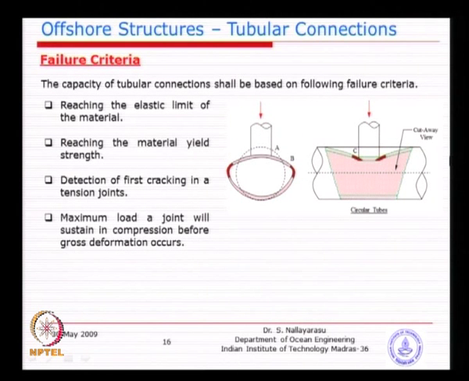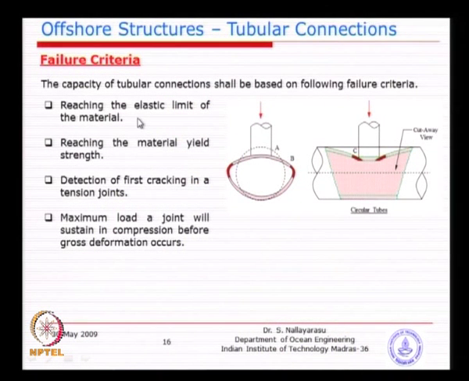So what will be the failure criteria? We do not want a situation where you have a local chord failure, something like this. You see here, this chord is not just a limited length, it is continuously connected to other parts of the structure. So you could actually have a failure like this because the chord has sufficient stiffness overall, but locally is failing, similar to a beam. You can see here it is both ends supported and the middle is going down, just like a short span beam. So reaching the elastic limit of the material is one of the goals that we want to see, but we want to go slightly higher than that,